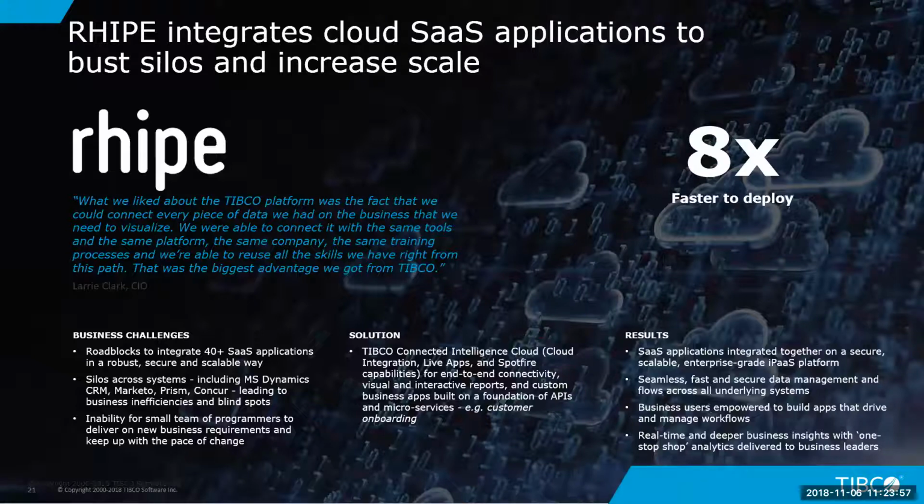Think about customer onboarding. It would cut across a CRM system, which in this case is MS Dynamics, maybe Marketo to send a welcome email nurture stream, etc., and some provisioning system in the back end. So here we're talking about using low-code as the glue to manage some of those processes, which could be customer-facing processes or maybe some of the back-end processes across those underlying systems. And you can see here the 8x